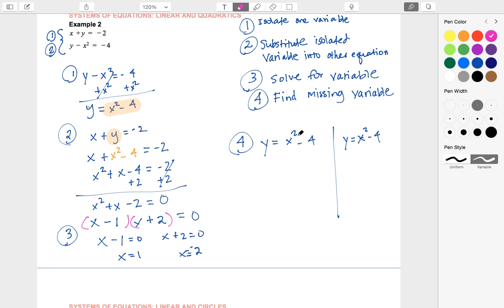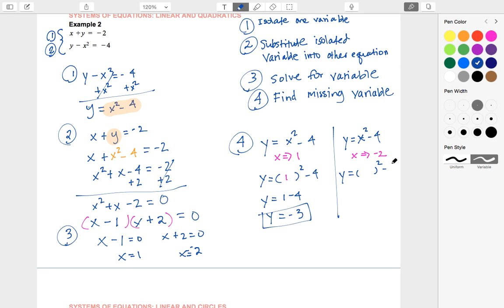Okay, and I want to see what will happen. What is my y value when x is equal to 1 and also when x is equal to -2? Okay, so here we can go ahead and say y is equal to... We're going to substitute 1, and then we'll get y is equal to 1 minus 4, and y will equal -3. Okay, so then we found this answer here, and then here we can go ahead and substitute the